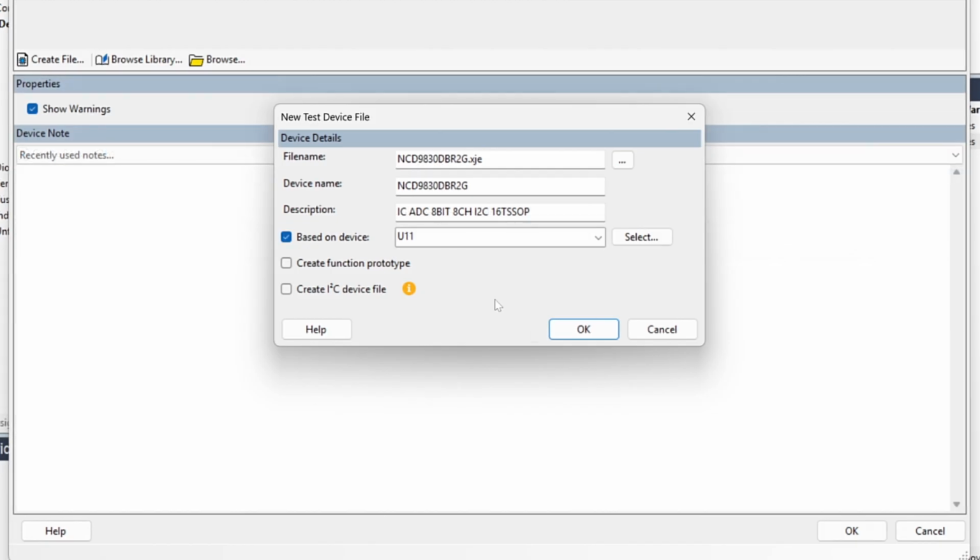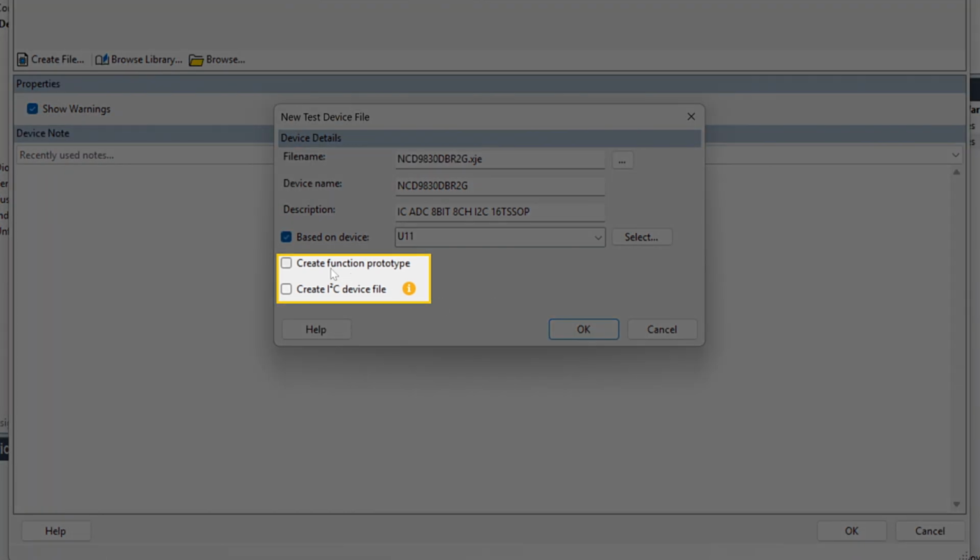The final thing to do in this dialog is to decide whether you want XJDeveloper to put some XJE's code into the file for you. That's what these two checkboxes are for. If you tick the top one, XJDeveloper will create a test function template in the file, ready for you to enter your code. It'll save a bit of time later. On the other hand, if you're not going to be putting code into the file, perhaps because the only reason for the test device file is to set a disable value, then leave the checkbox empty.